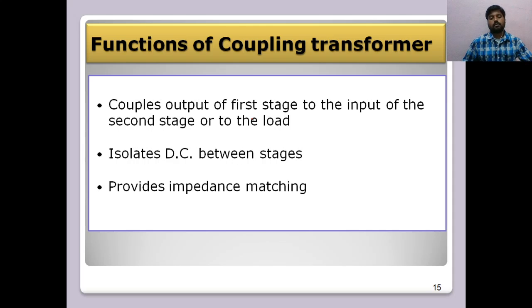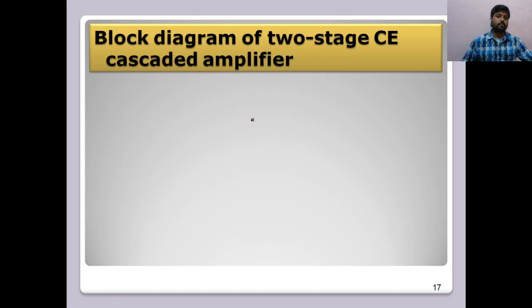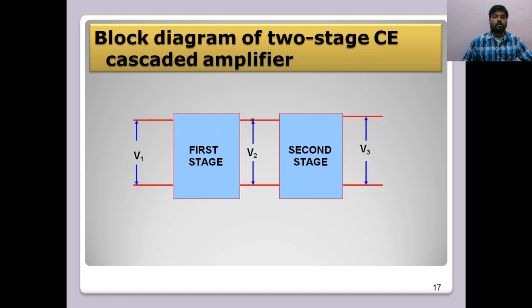This is an advantage of transformer coupling. Now the two-stage transformer coupled amplifier: if you observe the block diagram of the two-stage cascaded amplifier, first stage